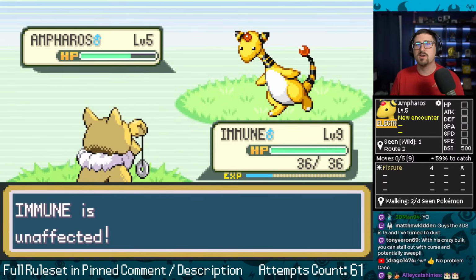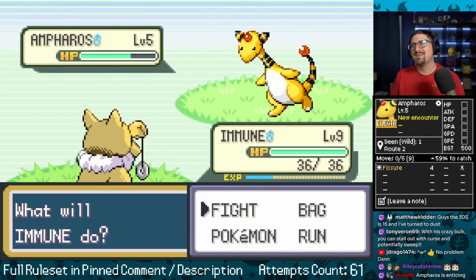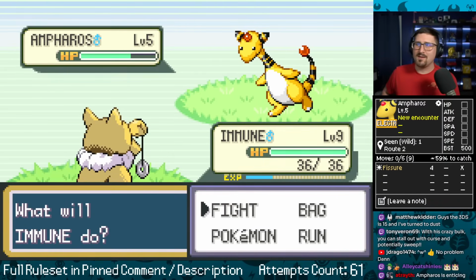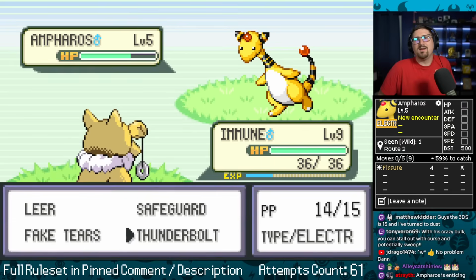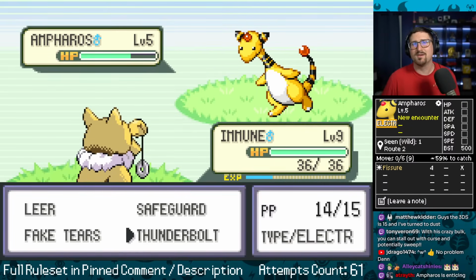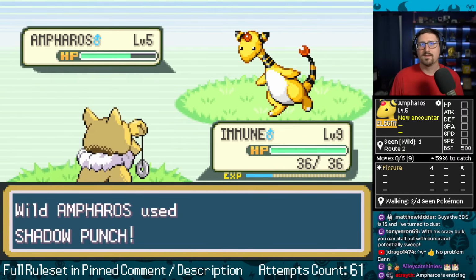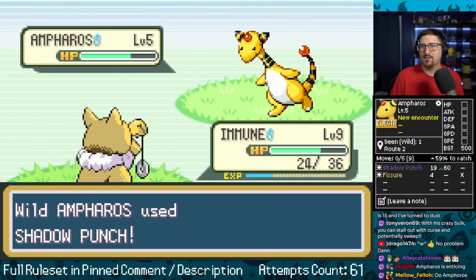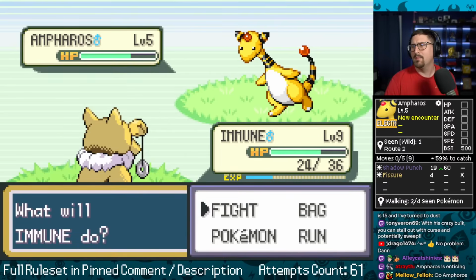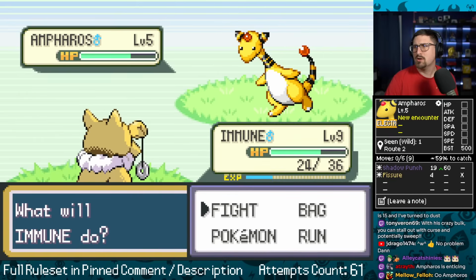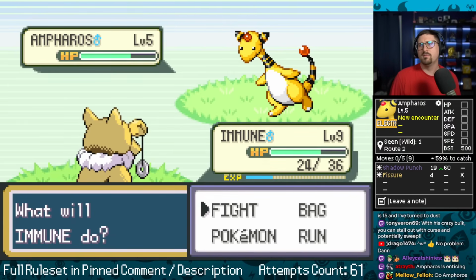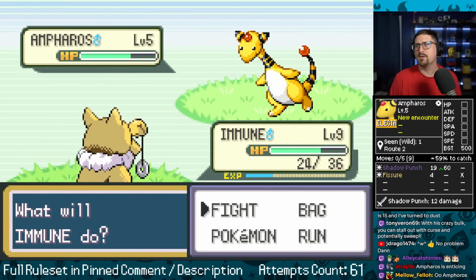Fissure! Okay, as exciting as that is, usually not a big deal. It can come into play when you start over leveling. Not really as good as you'd think. Show me some Shadow Punch. That's a real move. Sure. That's a good move. Felt like it hit me okay, although that was for weakness, wasn't it?